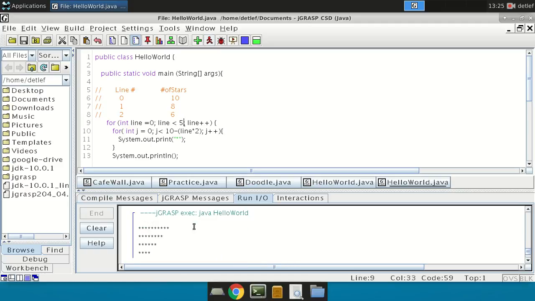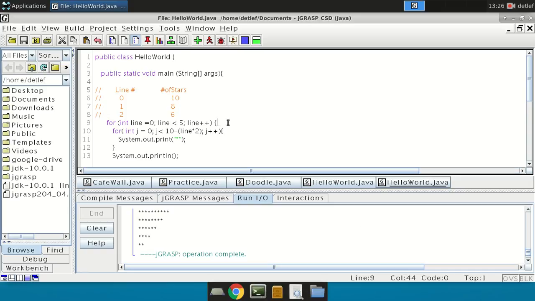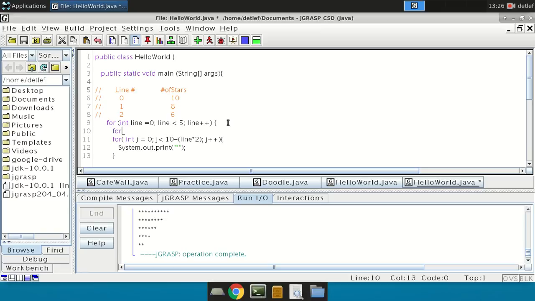Okay, so it looks like, yeah, that looks about right. So as you can see, we've kind of got this triangle here, but clearly we are missing something, because it is a triangle, kind of, but it's a right triangle, and what we really wanted was a centered isosceles triangle. So what we can do is we're going to throw in another